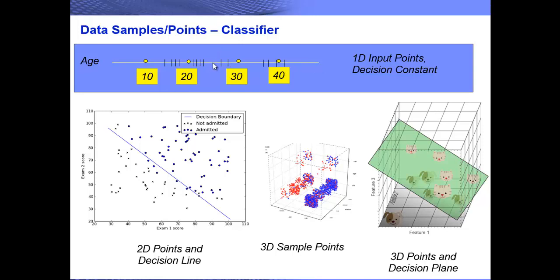Okay, it is a constant one. Now when you have two-dimensional data, let's say these are the students who have scored an exam 2 score and an exam 1 score. So normally it is a subject 1 and subject 2 score. So if we plot them here, then